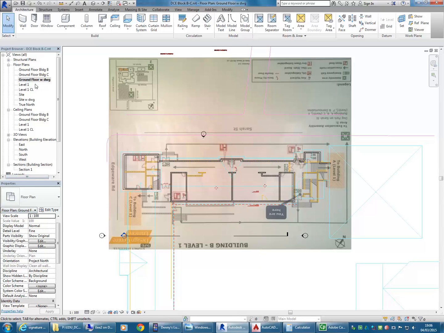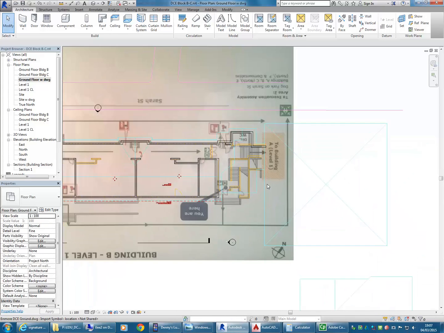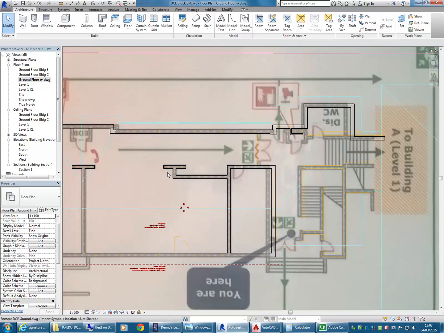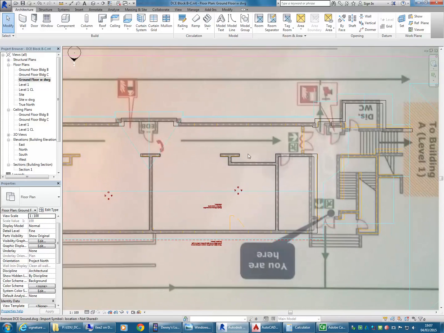But if you look at your view properties, scroll down to the bottom, you can see, grayed out because you can't change it, the level that it's associated with. So here I can see ground floor with DWG is still associated with ground floor building C, and that's what I want. So then I can just draw in a floor with those walls, but again, if I want the floor to be at the level for building B,